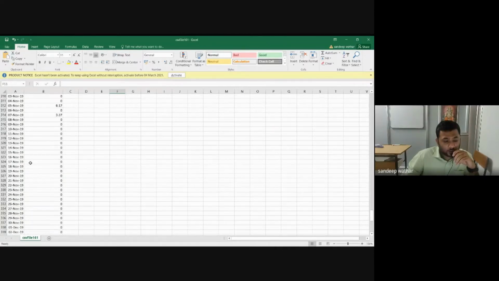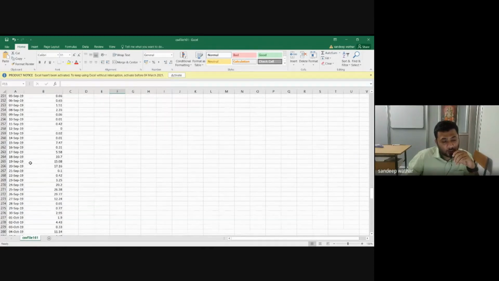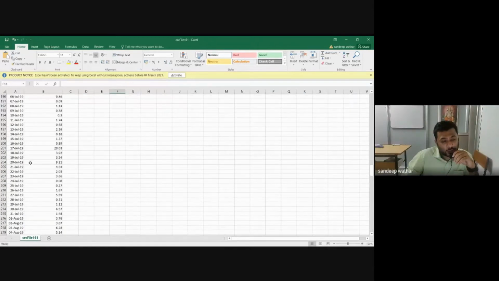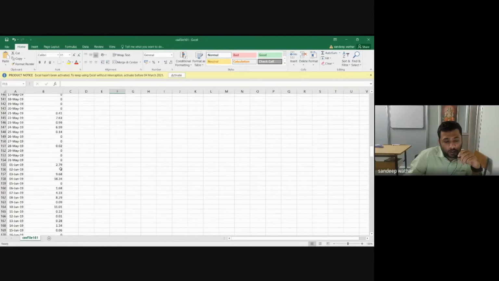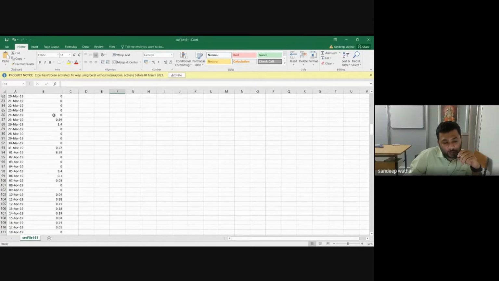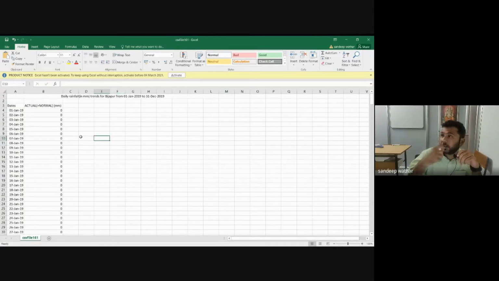Okay, so these are simply values. If I show these values, you can't interpret the kind of rainfall that has happened simply from watching the data. What you can do is find some of the largest values and say this is the day on which we had the highest amount of rainfall. But for that you need to scrutinize all the values in detail, and then come to a judgment, right? So the best way to analyze any data is to plot it in a graph, right?